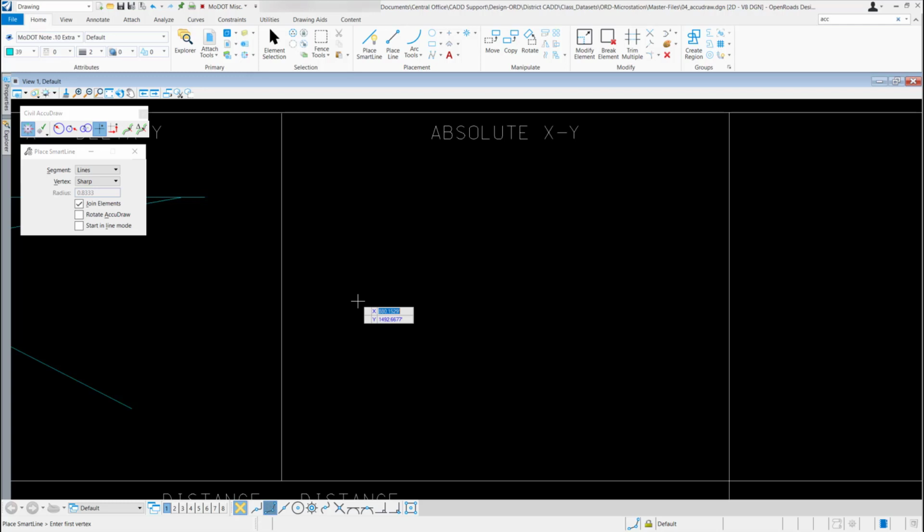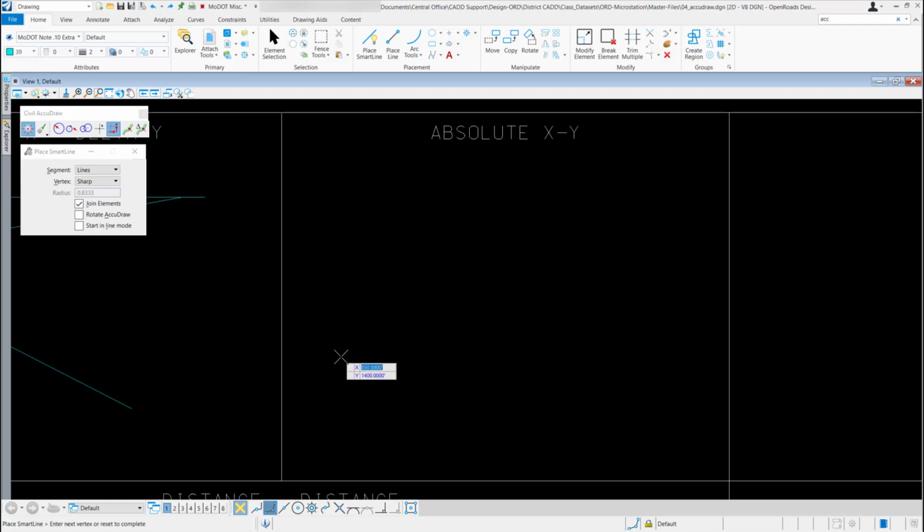So if I know my X value, and we'll say it's 850 feet, so I'll just come out here, and since I'm highlighted in the X direction, I'll type in 850 and hit enter to lock that one in. And for my Y direction, I'll use 1400 feet. So I will type in 1400, hit enter to lock that one in. Now if I want to place that line, all I'll need to do is do a left click to start the line, and it'll start it at that point.